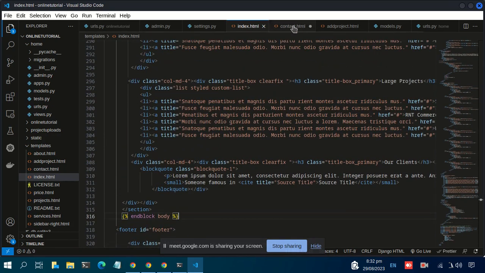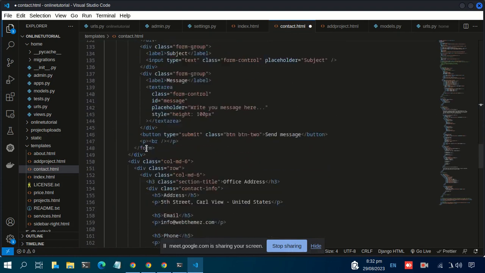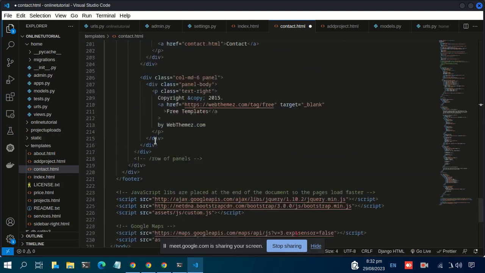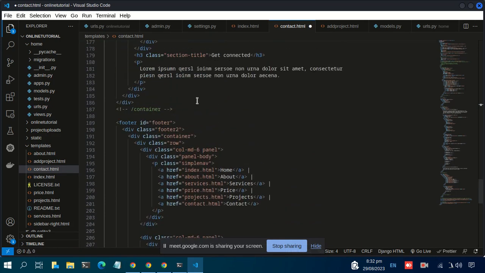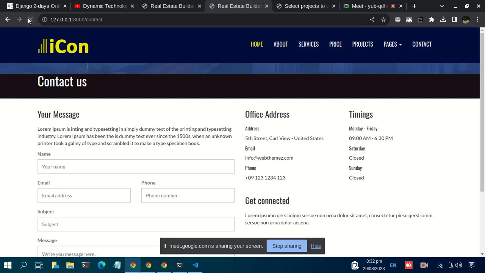So once we give it that name, let's copy the end of the block, scroll down to where the footer ends. The footer starts here, so basically the body ends there. Then let's save that. Once we save, let's reload, and there we go. We have been able to now render the unique content of the contact us page. You see in the navigation bar, we can now click contact, the contact URL, and still be redirected to contact